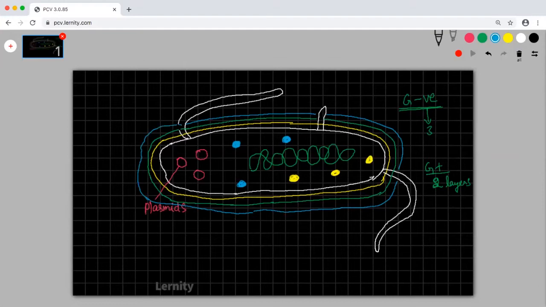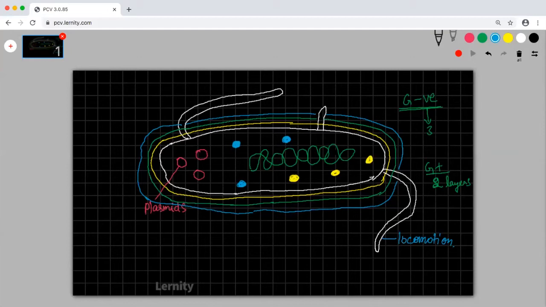One more thing that you have to know is, what is flagella? Have you seen about flagella? Flagella is responsible for locomotion. The detailed structure of flagella you will study in the chapter cell, not now. You will study how flagella is attached and all those things later. So here, this is a typical example for a prokaryotic cell.